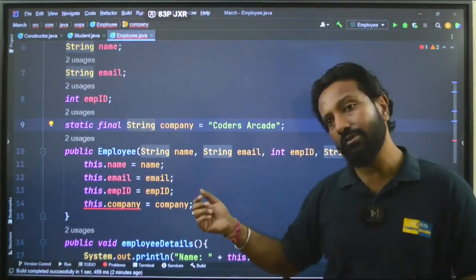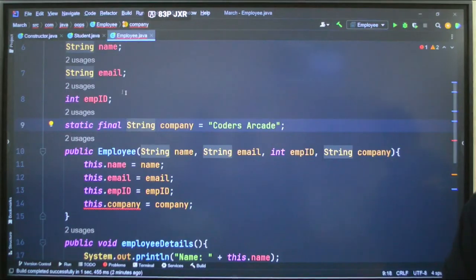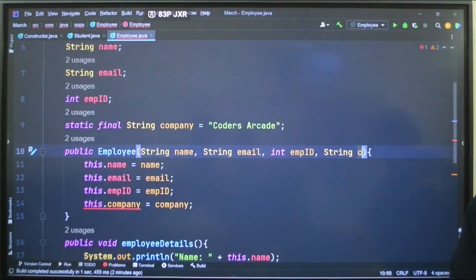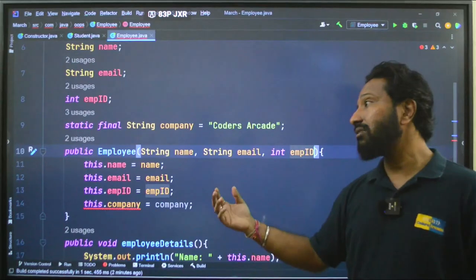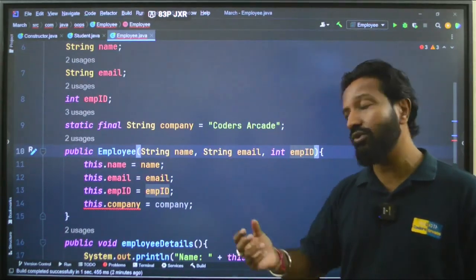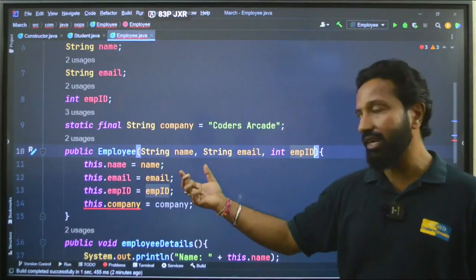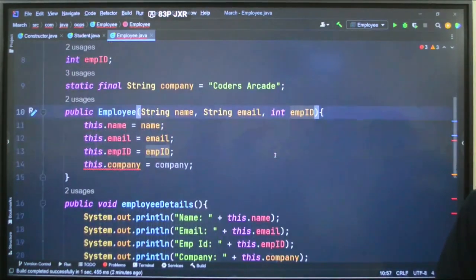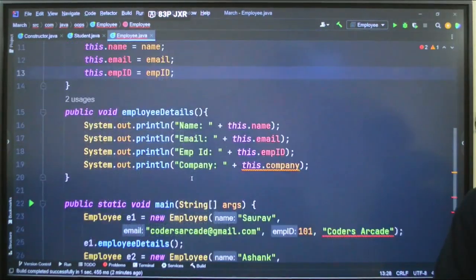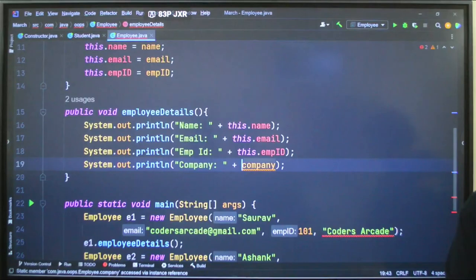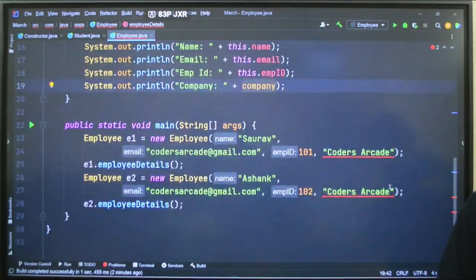So in that case, what we can do is, we can just write like this, and then you can remove this company from here. It is not required. And I think XYZ said separate constructor. No XYZ, we should not be creating one more constructor, because that will not be good for the efficiency of the program. You have to also look at the efficiency of the program also. Okay. So what we can do is, we can write like this, and then we can remove this from here. Fine. Because it is static, we can remove this keyword from here.